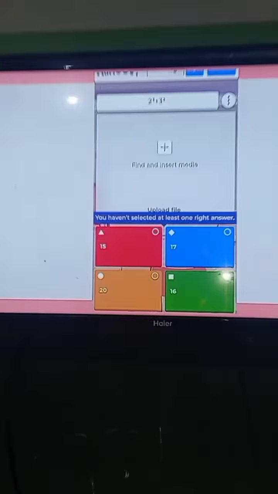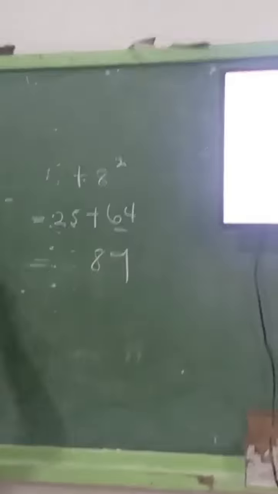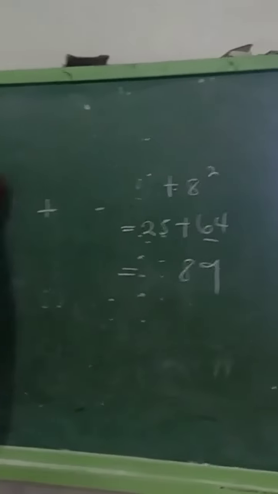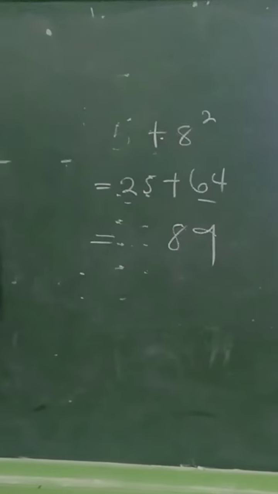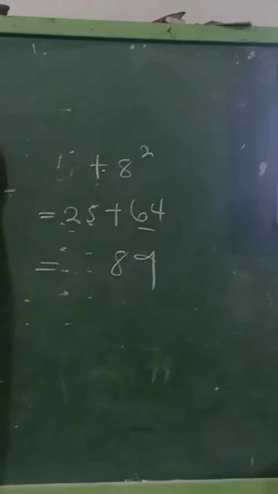Next question is 2 cubed plus 3 squared. A, 15, B, 17, C, 20, and D, 16. Okay, class, let's check. 2 cubed plus 3 squared is equal to...